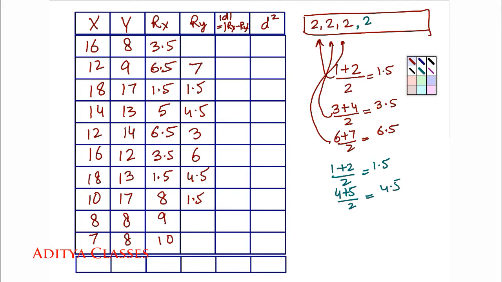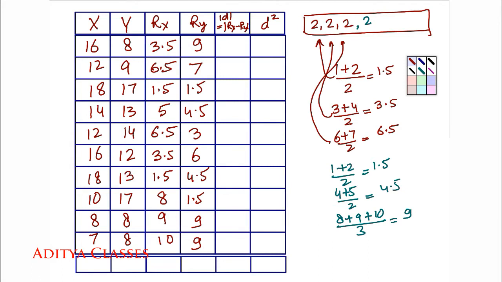7 looks to be going well. Then 8th, 9th and 10th rank are remaining, and we see there are 3 spots. There are 3 contestants, 3 values fighting for ranks 8, 9 and 10. So I'll award them the average of these 8, 9 and 10s. It becomes just 9. So I'll award them ranks 9, 9 and 9.